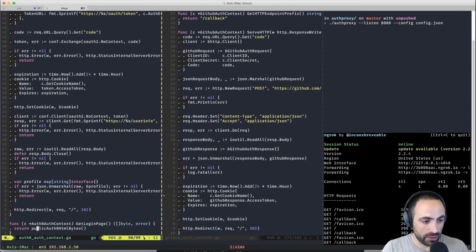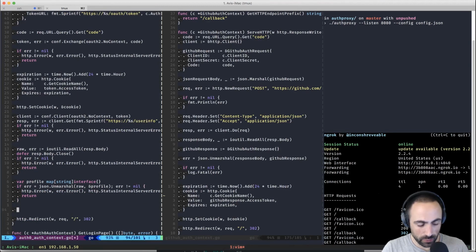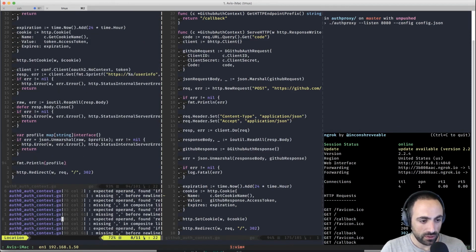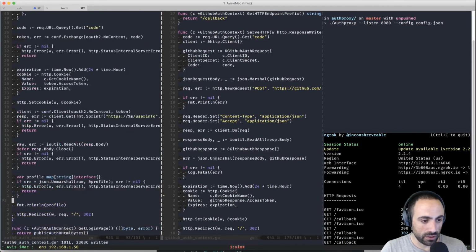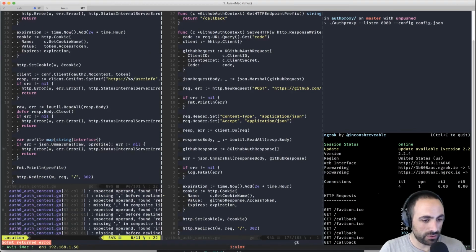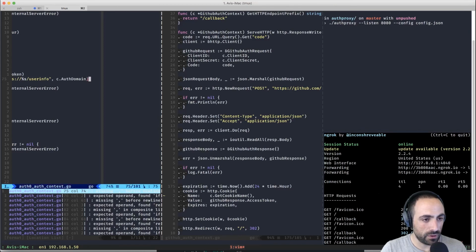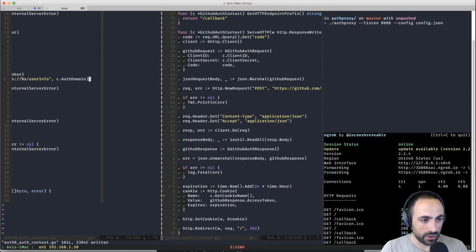And then profile. And what I want is fmt.Println with the profile. This is what I want for now, right? So let's go imports. What is going on? Oh my goodness, what is going on? Okay, so goimports here. Okay.